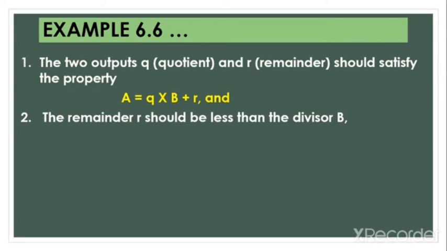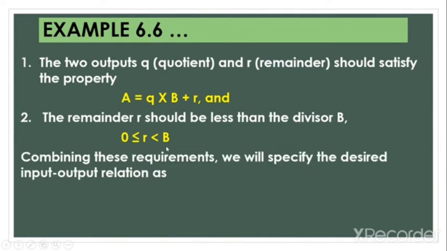The remainder R should be less than the divisor B. So நமக்கு R ஓட value remainder எப்பவுமே என்னவா இருக்கணும்னா it should be lesser than the divisor here. Okay, so அப்படிதானே இருக்கணும். நமக்கு remainder greater வரதுக்கு chance இல்ல. So we have to give the property. These are the property of the output. So the R should be greater than the 0 and lesser than the B. Then combining these requirements, we will specify the desired input and output relations here. So this is the relationship, that is the property of the output as well as the relation between the input